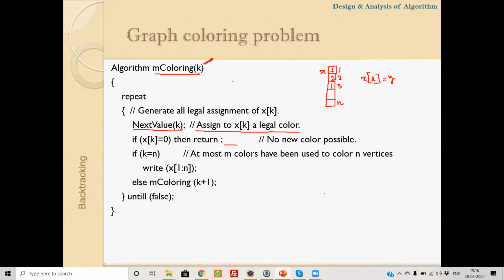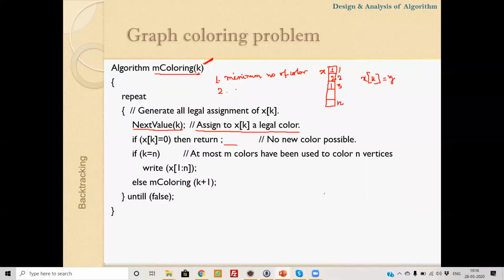So in the m coloring problem, we can restrict it. There are two ways of coloring a graph. One is that we find the minimum number of colors required to color the whole graph.